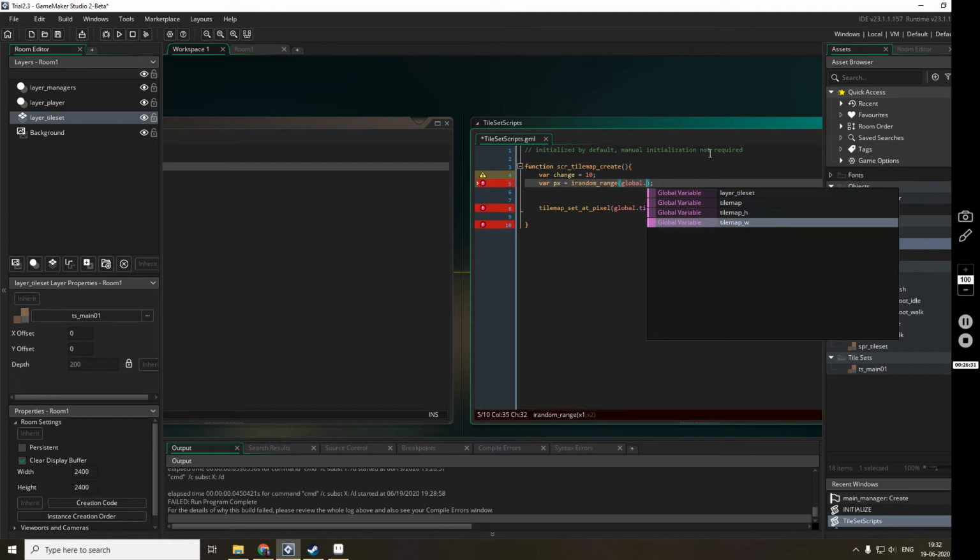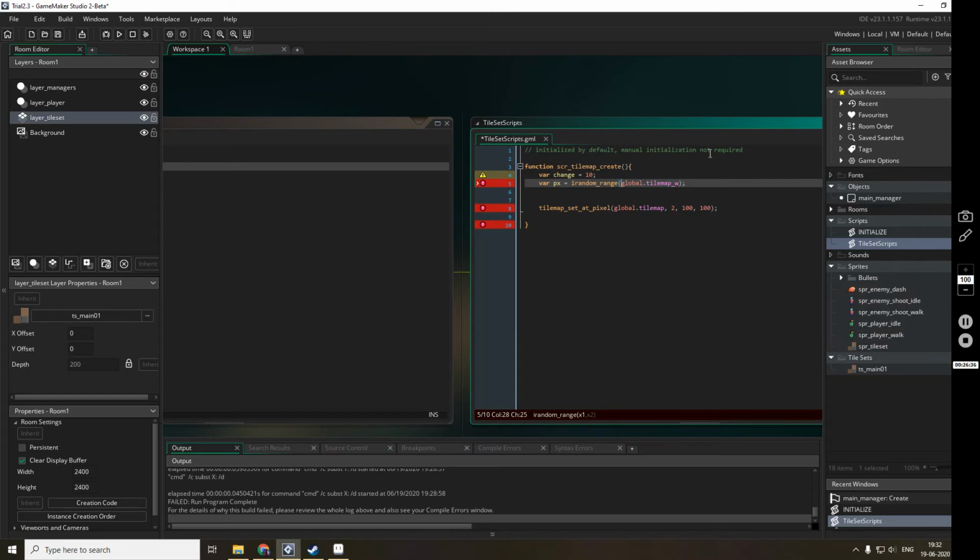irandom_range 1 to global.tile_map_width - 2. It will not be taking 0 because the first will be 0, so that should be a wall tile, because we don't want the player or the enemy to run out of the field. So we don't have to check anything extra if we do it like this, because there will always be a boundary wall tile.